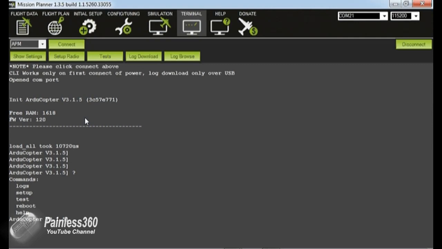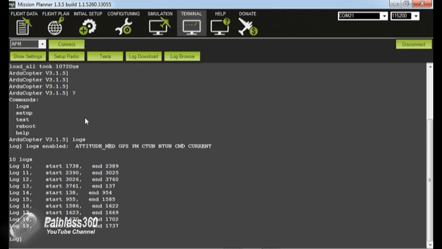The logs is obviously the one we want to have a look at, so we type in logs, hit the enter key, and here we go. It tells us that the logging is enabled, which is exactly what we're expecting, and if you have an APM board and not played with this at all, this is pretty much what you'll have set up on yours by default. Attitude med,